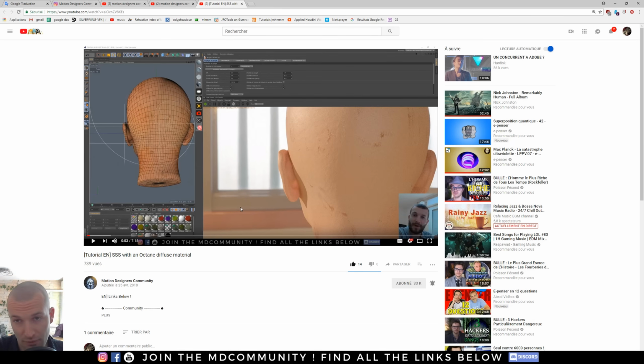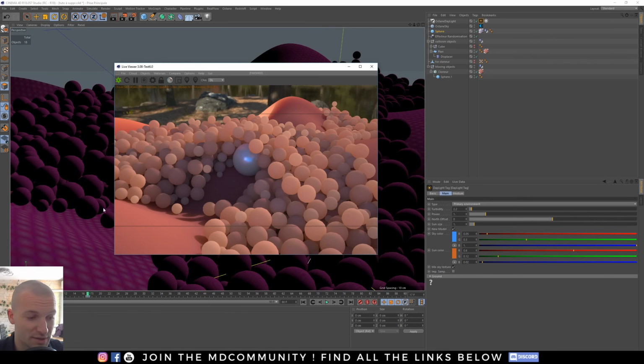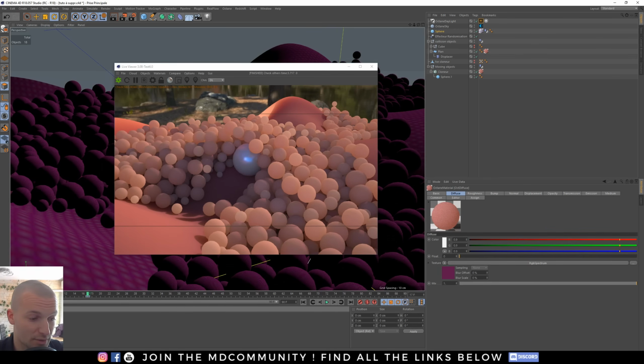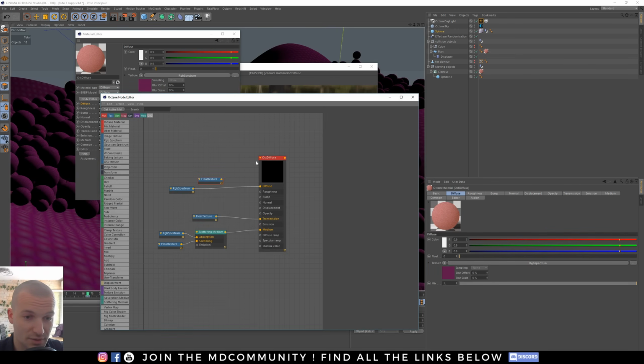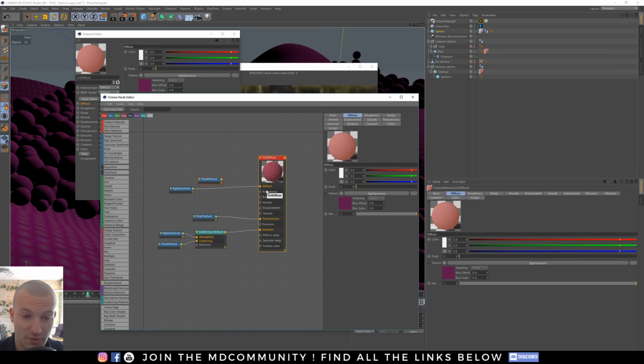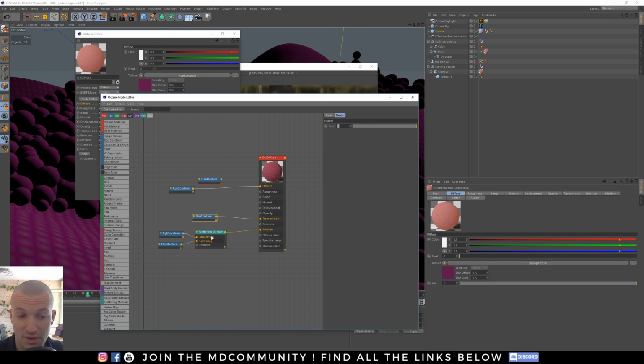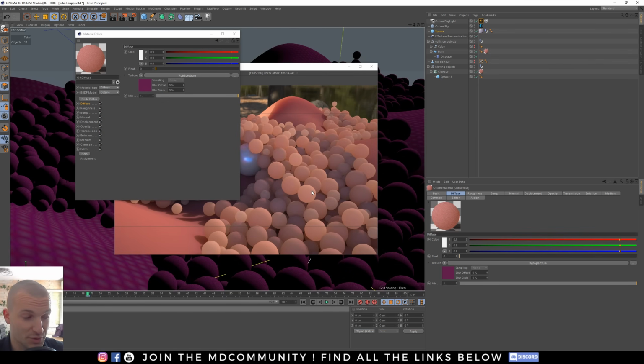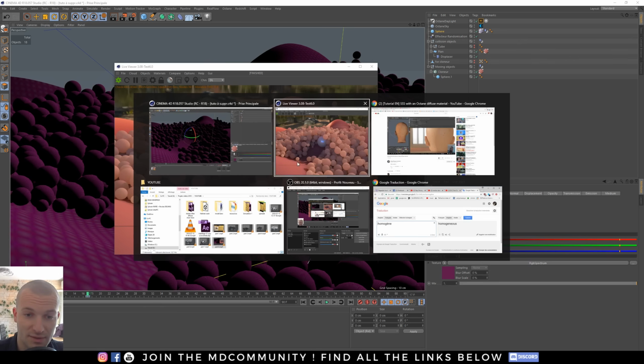If you want to be very, very quick, I will show you. It's very simple. You can go here in the node editor, and you have to disable the diffuse and put a high value in the transmission. And you can put a scattering medium to improve your SSS. It's a way you can have a very nice and smooth SSS. It's better to use the diffuse SSS in this case because it's faster to calculate for Octane. It's easier.